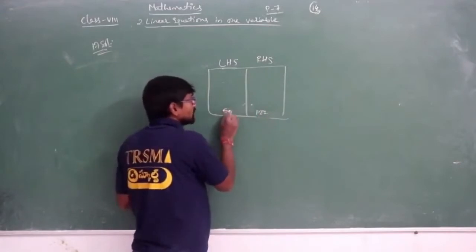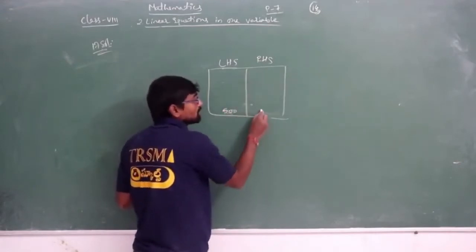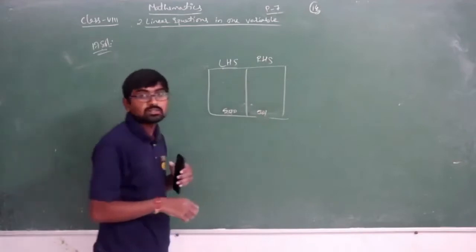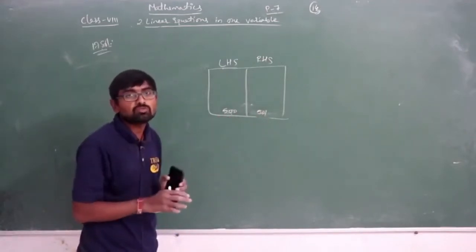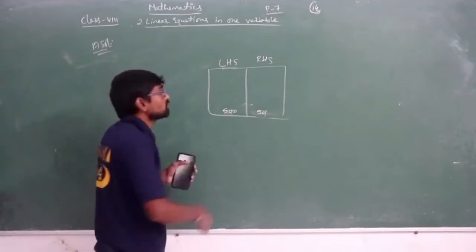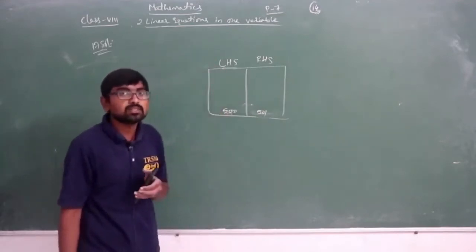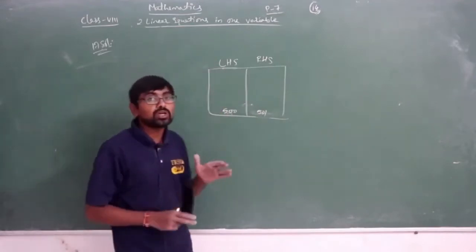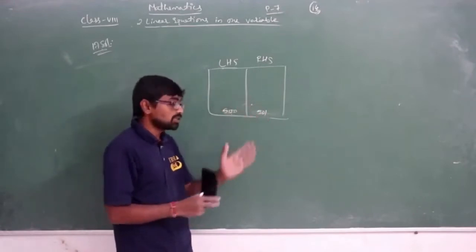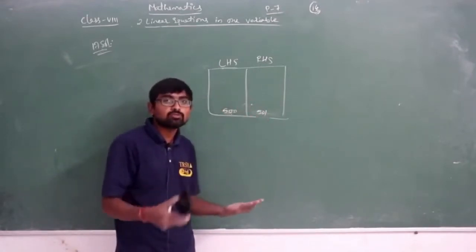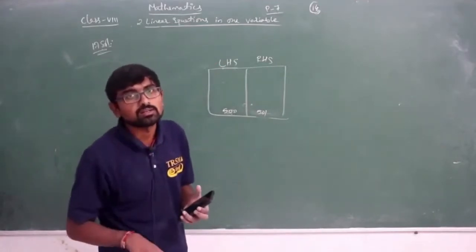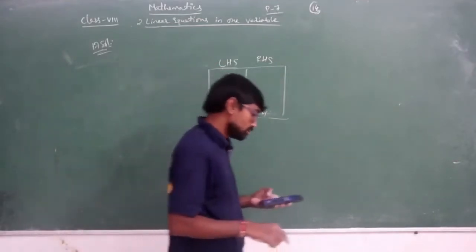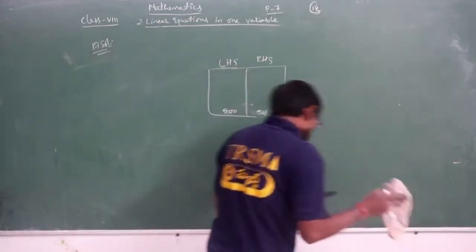If you have 500 here, then here you will have 501. If a number is missing, it is not the book's fault, it is a person's fault. So if you open the book, the difference between the numbers of the 2 facing pages is only 1. Am I right or not? So based upon this topic only,